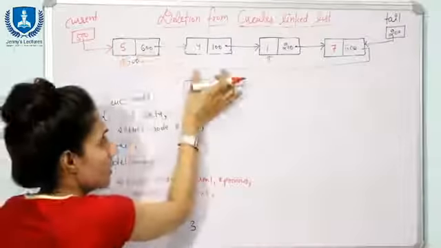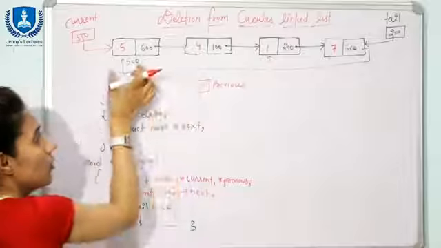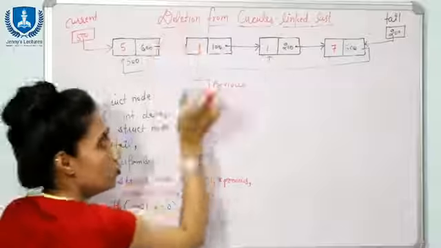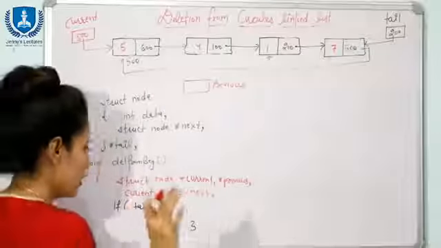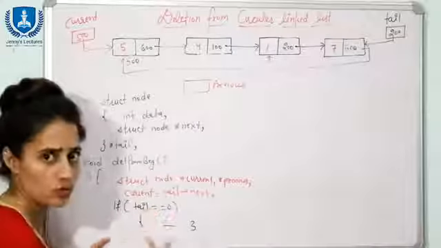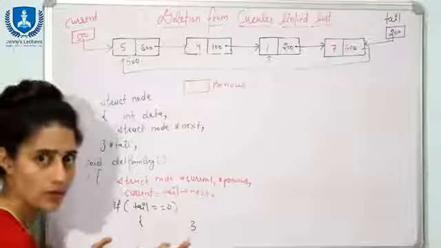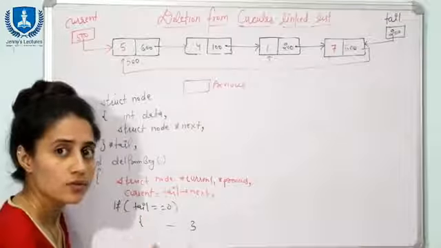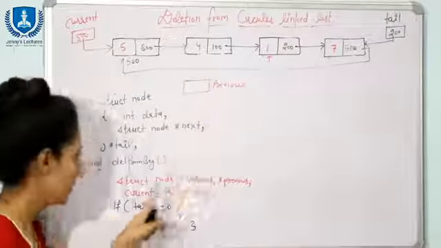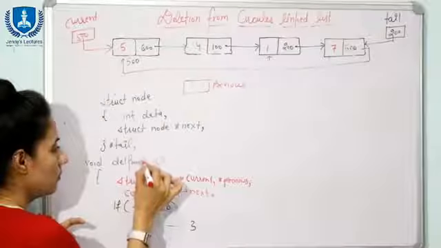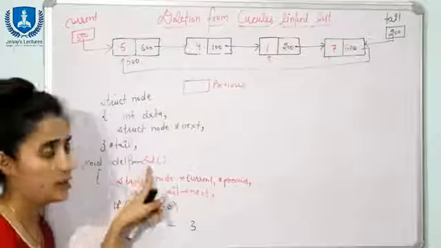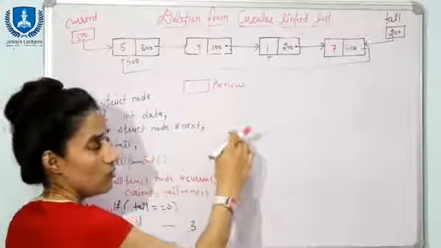So before moving this temp, first of all we set previous to this node, means you can say previous is equal to current. After that we will move this temp. How are we going to do this? See, now we have set current is equal to tail next. If tail is equal to 0, it means the list is empty, you can print that here, right? And else if there is only one node, in this case also this can be a situation. In delete from end, here we have delete from end. In delete from beginning also that is a case. In delete from end that can be a case.